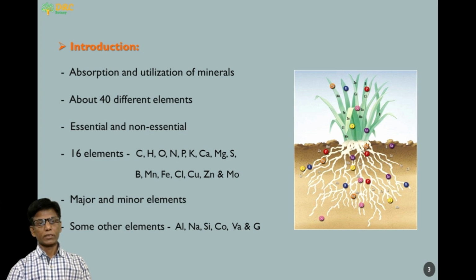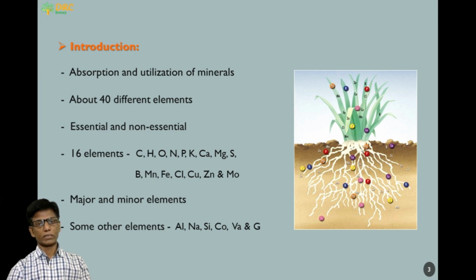Now, we will see the essential and non-essential elements. The elements which are necessary for the plant's growth are called as essential elements. In other words, the elements which are indispensable for the normal growth and development of the plants are called as essential elements. In opposite to this, the elements which are not necessary for the plant's growth are called as non-essential elements. In other words, the elements which are not indispensable for the normal growth and development of the plants are